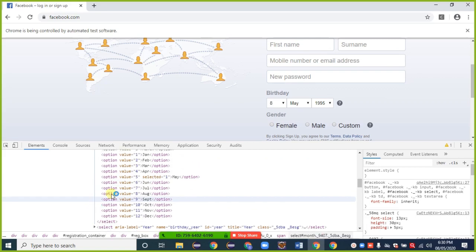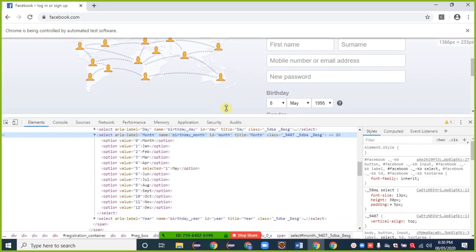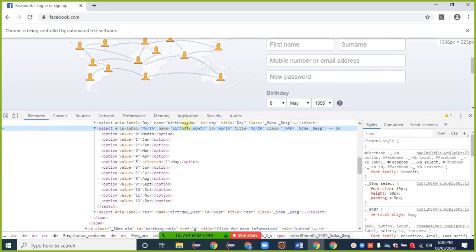Here this total belongs to that month drop down. Here there is always a value available, value is equal to 0 up to every element. Suppose my purpose is to select November, what is the value for November? 11.